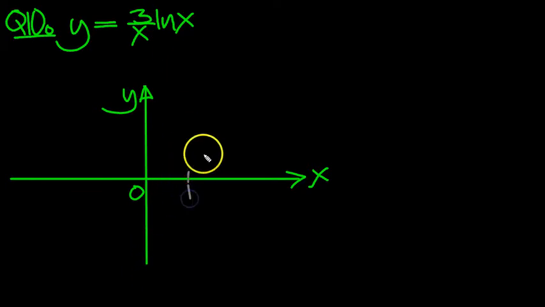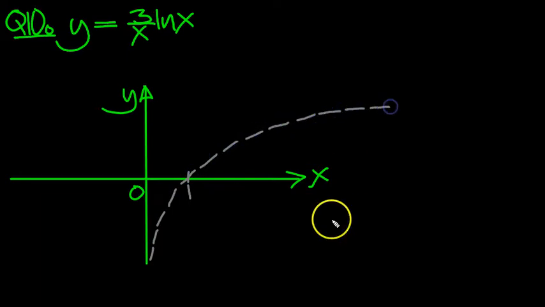So here's 1, and basically it's the e to the x curve but flipped, with the x and y axes essentially swapped around, because one is the inverse of the other. So we're drawing the inverse function with the x and the y axis swapped around. So there's log x, ln x, and then 3 over x,